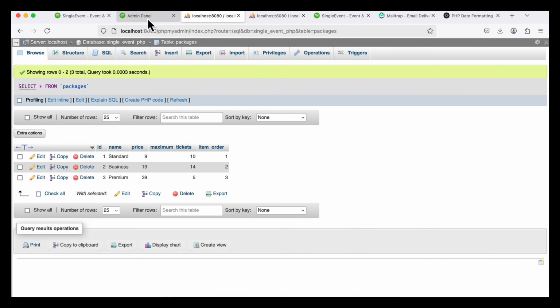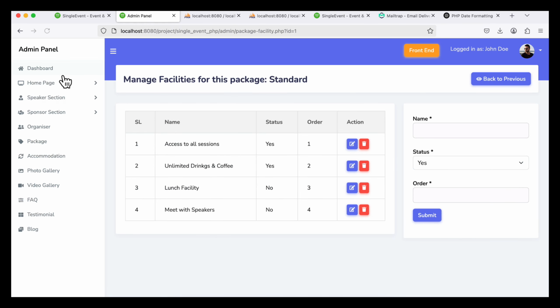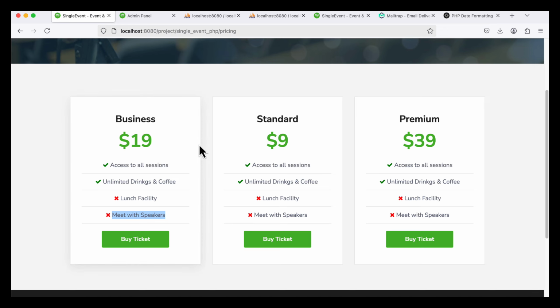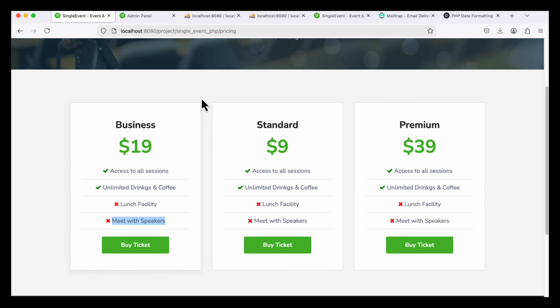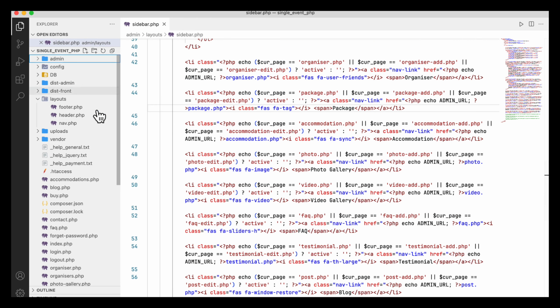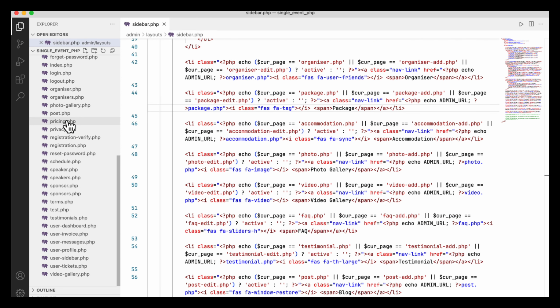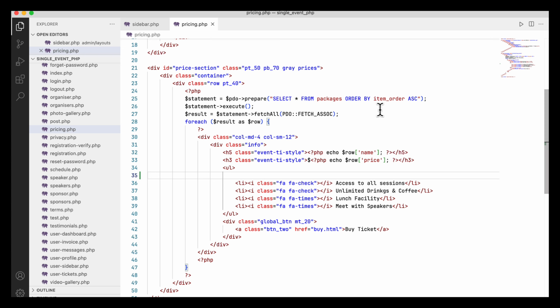Now I am going to show all the data that I have added here in the package. For example, all the facilities in the front end. In the front end, you see I already have the pricing page, and all the data that I have added here are static. You see everything is the same, right? So now I am going to the front end again. So let's go there. I am going to the pricing. Here you see these are the pricing items and these are static, right? So here I am going to call another